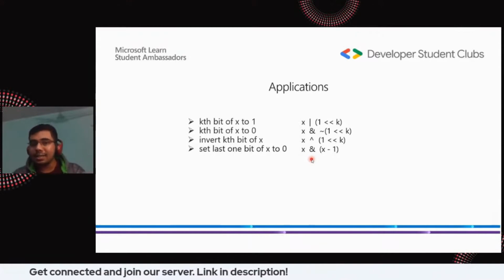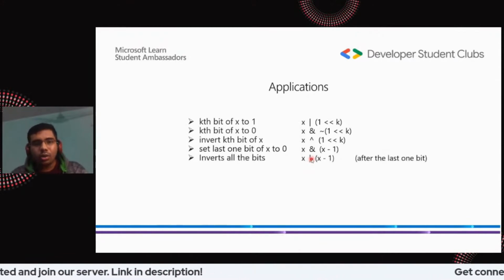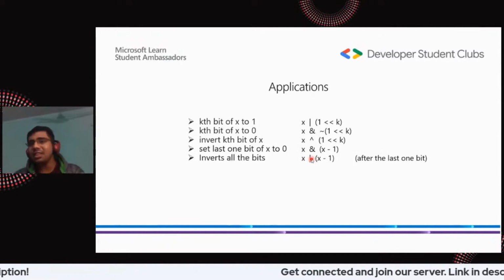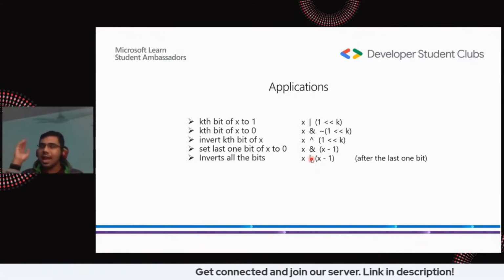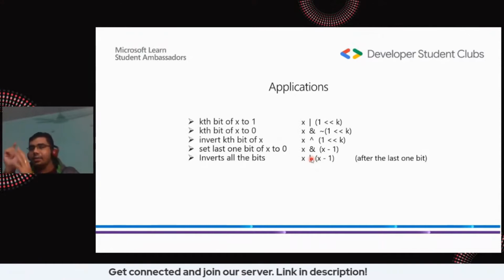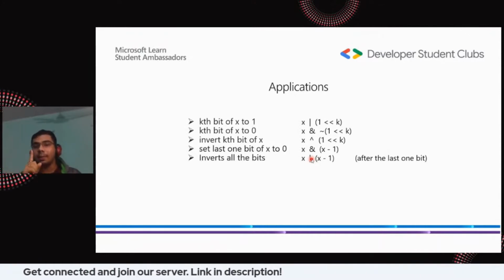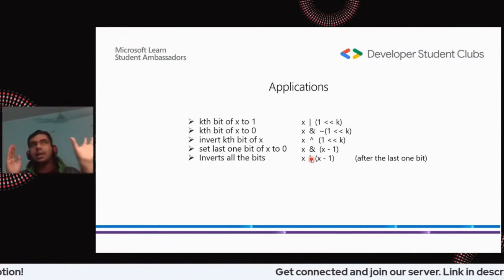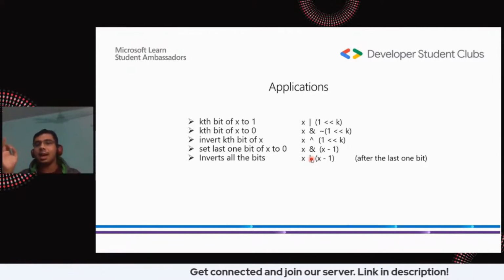So this way, this actually works. Also, you can just invert all the bits after the last one bit. Say you just have the last one bit, and the one bit, I mean the bit containing 1. So that's actually meant by last one bit. So if you just convert all the bits after the last one bit, okay, if you want to